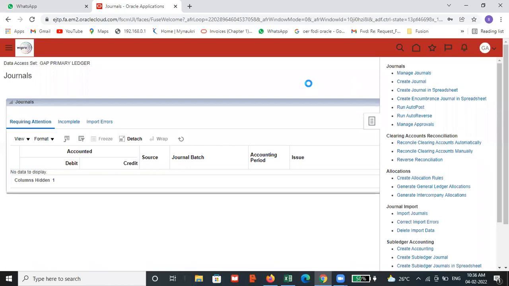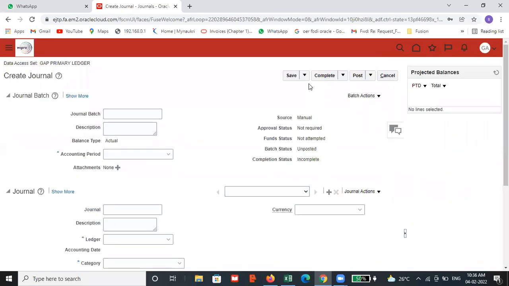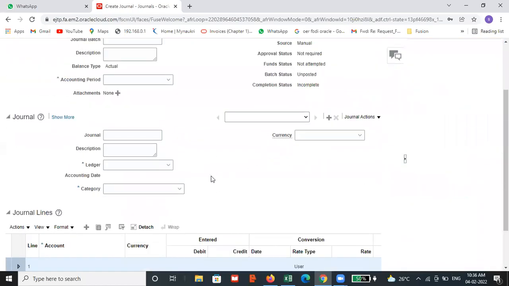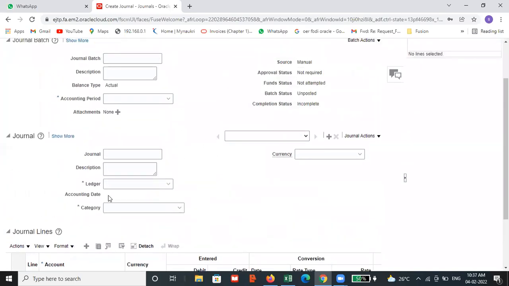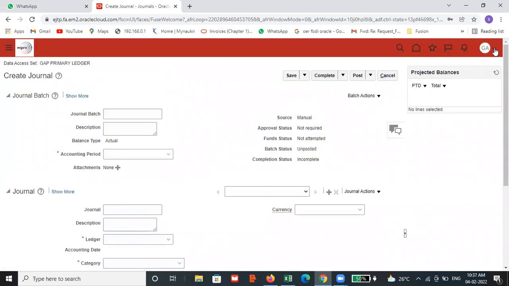Create journal. Here the accounting date is not visible. No suggestions to display. Automatically the accounting date should come here. If we perform the open close period activities, then it will open. To perform the open close period activities,